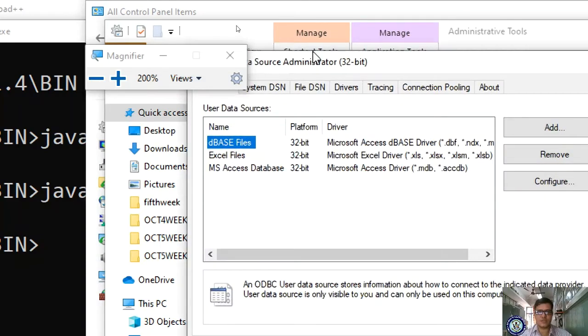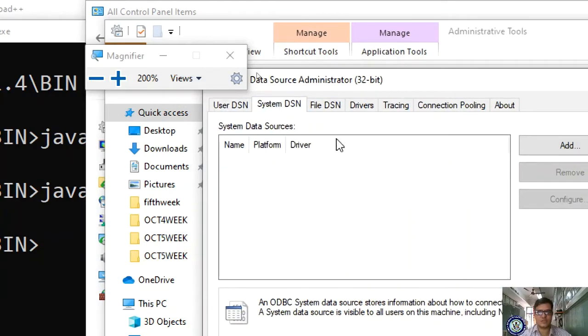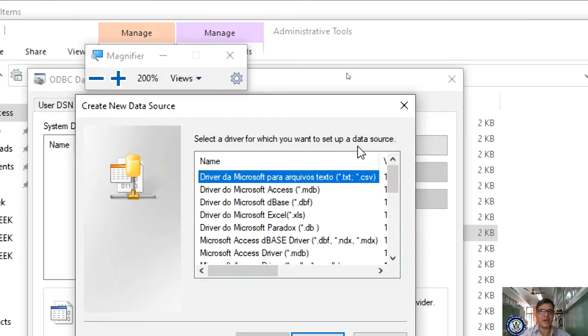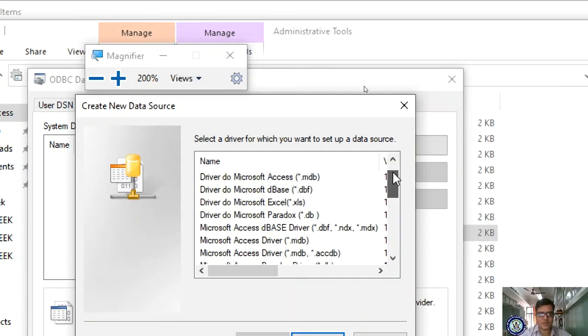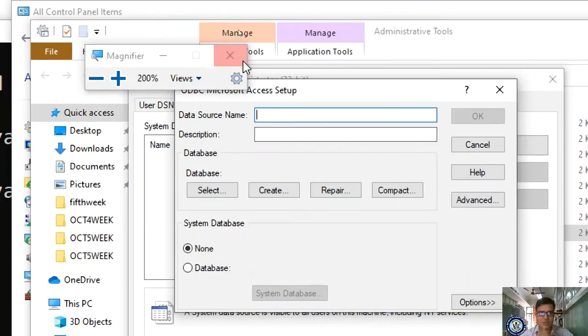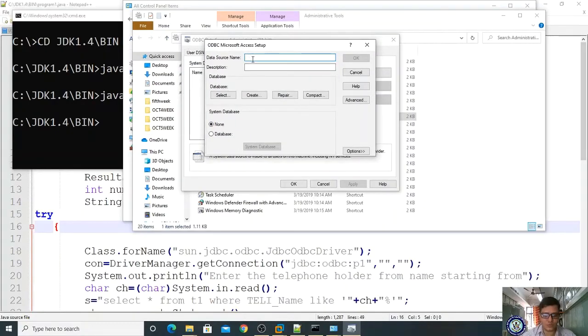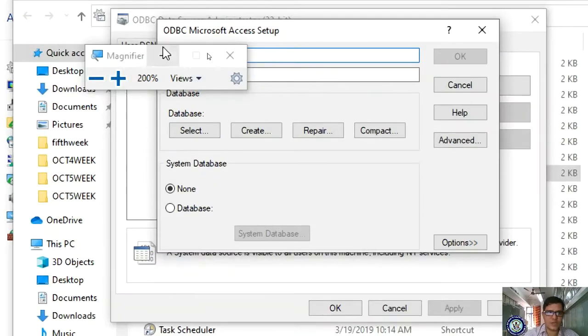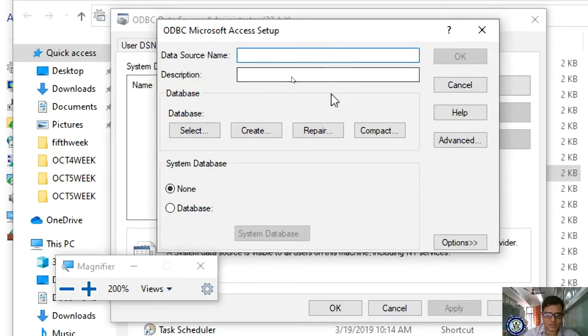I'm selecting the 32-bit. Here the system DSN is there. We have to click add. Here the drivers are very important. Please observe the Microsoft Access driver (*.mdb, *.accdb). Select it, click finish, and give the data source name as p1.